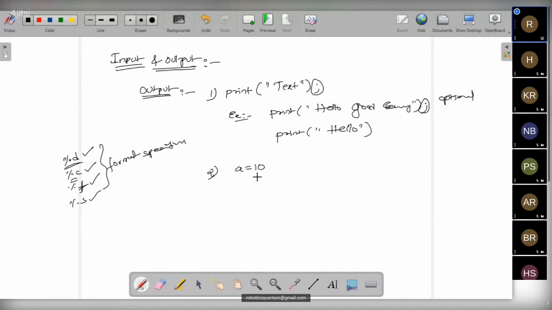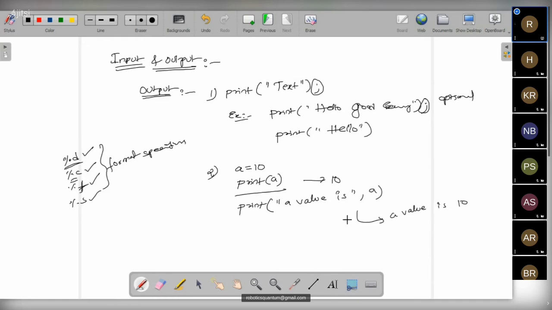If I want to print the value of this variable, we can directly print a, which gives the output 10. If you want a clearer output, we can also combine string data with the data value: inside double quotes, a value is, double quotes closed, comma, and I separate the string from the variable. The output will be: a value is 10.